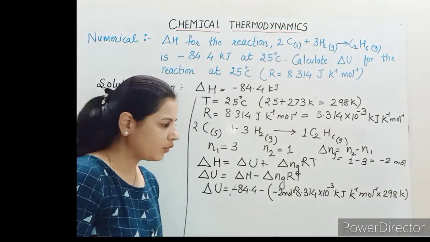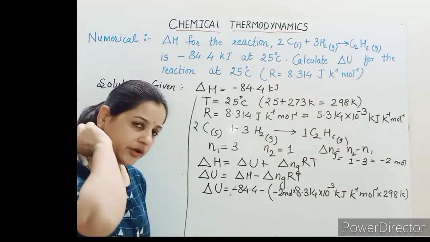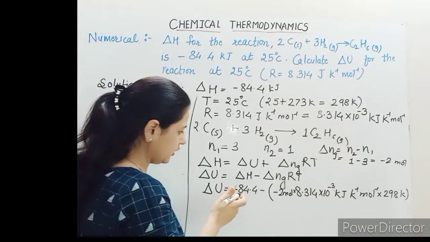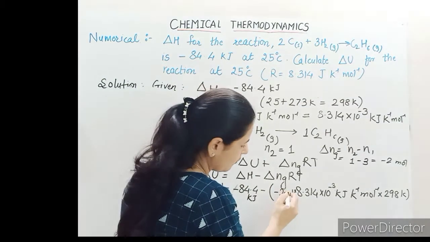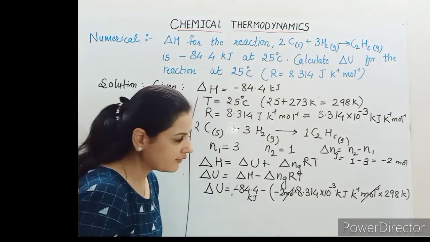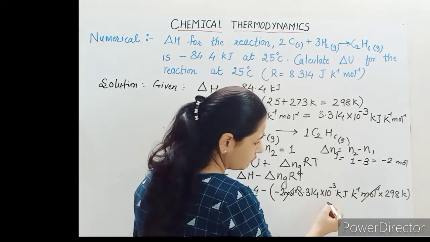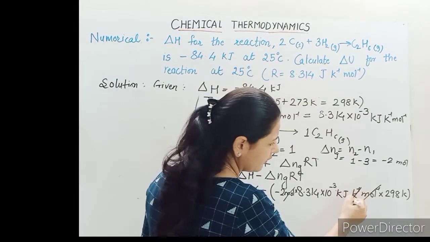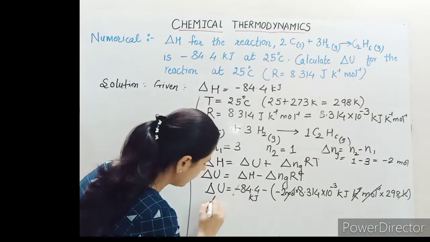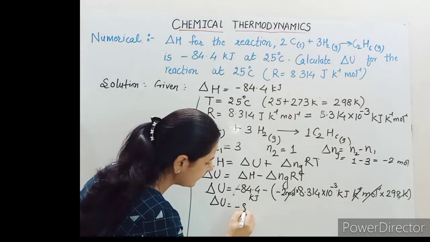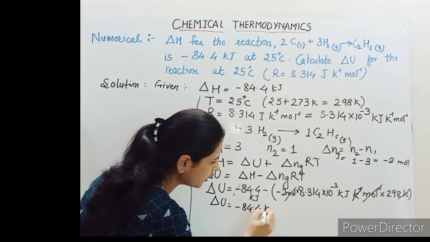Now let us cancel the units that can be cancelled. Kilojoules remain, per mole cancels with mole, and Kelvin cancels with per Kelvin. So delta U is equal to minus 84.4 kilojoule